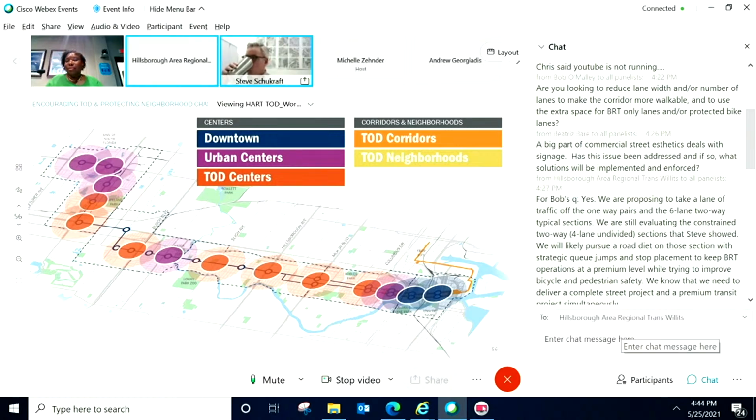One of the other maybe more simple answers to that question is that for the attractiveness of federal funding for a major BRT capital project, we have to base a lot of the stations on existing ridership. So that's one of the reasons we need to capture that Hillsborough transfer. That's a major artery for transit riders and vehicle travel in the county and city. So that's another reason why we have to focus on some of those major intersections to have that transfer connectivity to some of our other services.